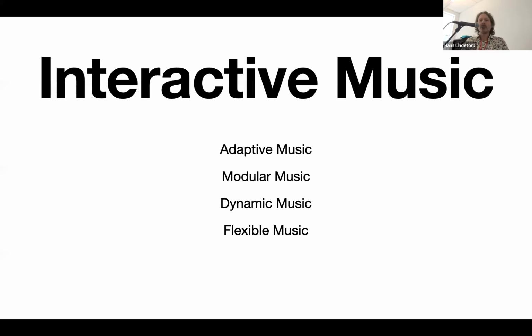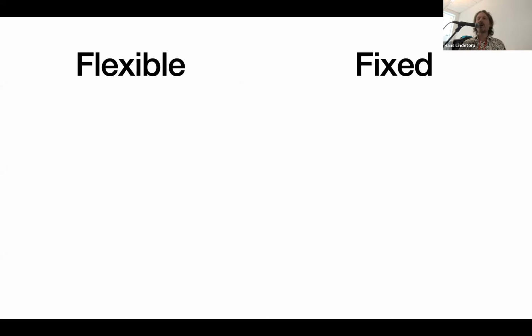The whole topic we're talking about is music production for interactive media. And we try to use a shorter word for that sometimes, like interactive media. But the field is not totally determined about what to call it. So some say adaptive music, some say modular music, some say dynamic music, and some even say, not my supervisor, but I might do, flexible music. So that might be an interesting area to actually talk about and look for what people actually use the different terms for. But I will talk a little bit about fixed and flexibles as 2 different things when it comes